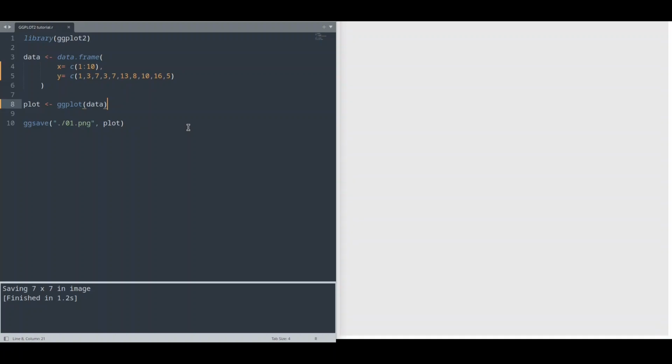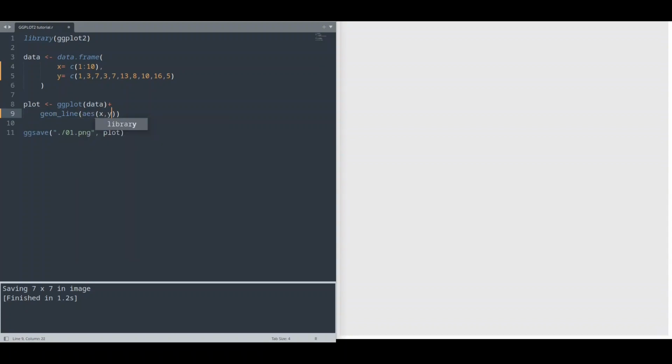Today we are going to talk about 3 different geometries, and all of them are going to draw lines on our screen, but in 3 completely different ways. So for the purpose of this tutorial I have this small piece of data that we are going to use for plotting, and now I'm going to create the most famous line geometry, geom_line, and I'm going to provide aesthetics